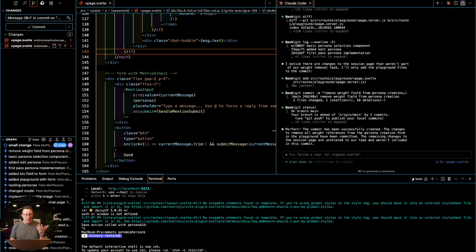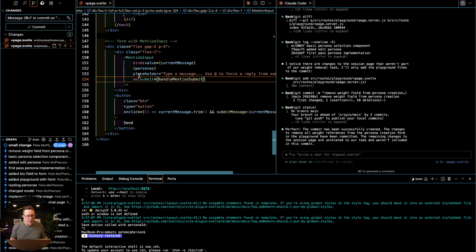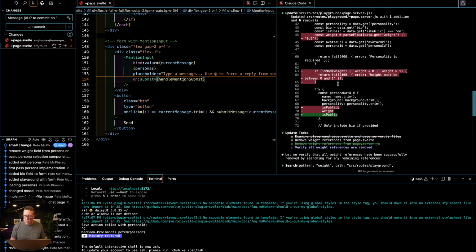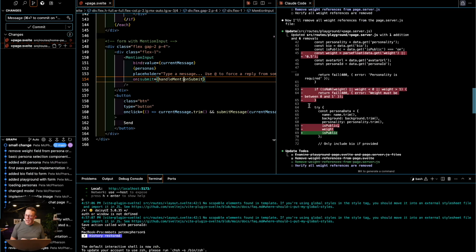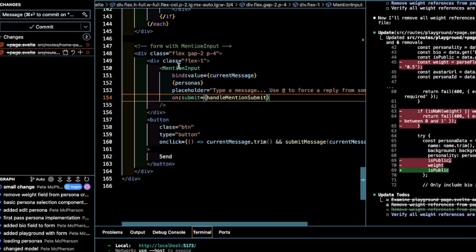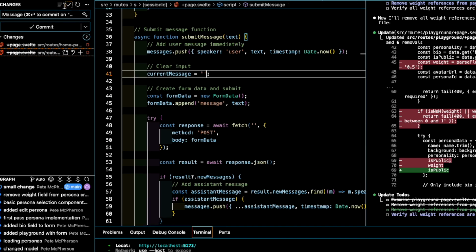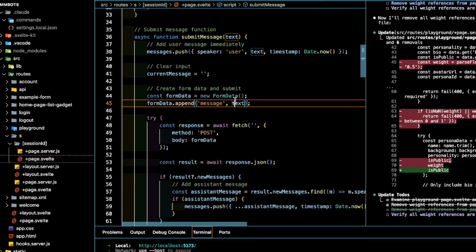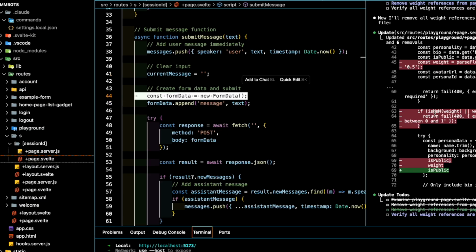Actually, one more thing. They also don't show you the diff. Like I deleted this code and I added this code instead. They don't really show you that as well in Claude Code. They do show it to you like this, but this is kind of ugly. It's not really easy to follow. Cursor, on the other hand, will show you right here in the file, whatever file you're working in, it'll show you a big old highlighted red thing.